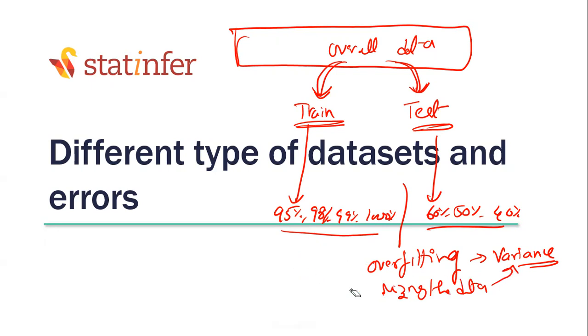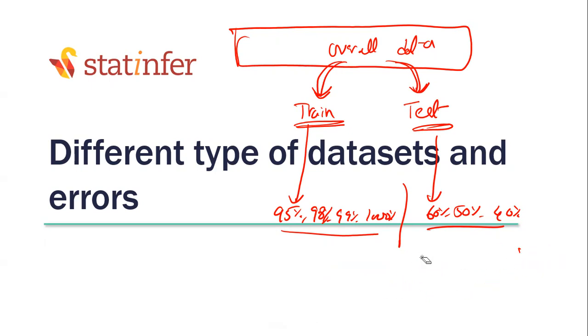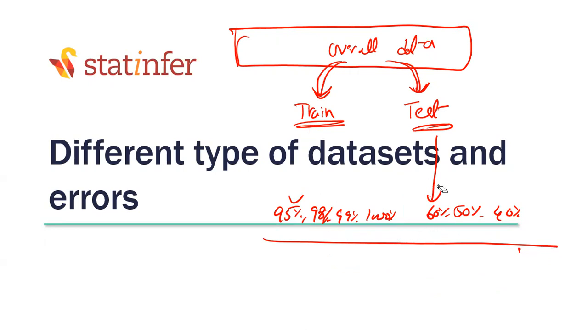Overfitting is one problem. What is the other problem which is similar to this? When you have train data and test data, you'll observe some other problem. Let's say I want to avoid overfitting. I built a very simple model because complex models give me overfitting. Let's say with a decision tree, a too large tree gave me overfitting, so I built a very small tree. That will lead to underfitting. What do you mean by underfitting? How do you detect underfitting?